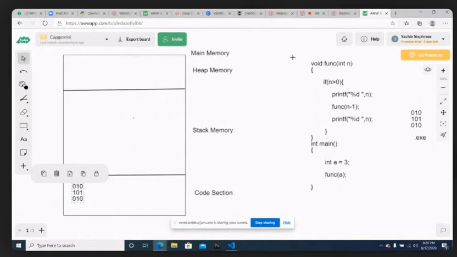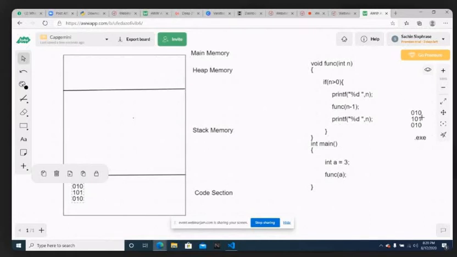So whatever program you write will be converted to zeros and ones, and when you try to execute, these zeros and ones will be copied to the code section. So the code section is meant for storing the code that we are going to execute. That code I have copied to the code section of main memory.